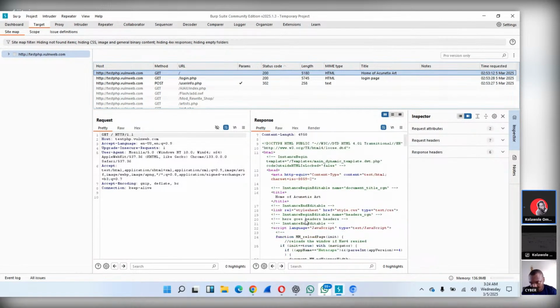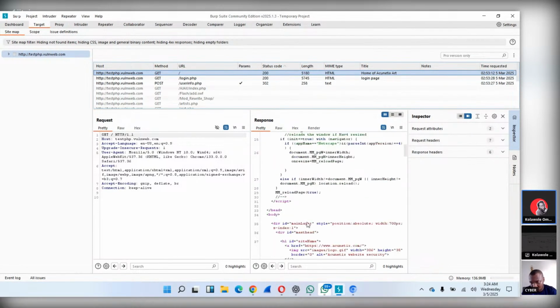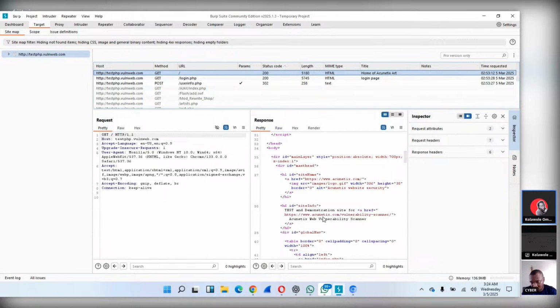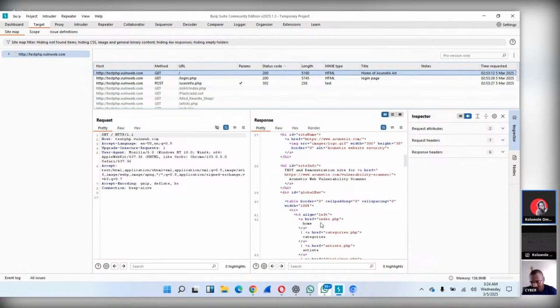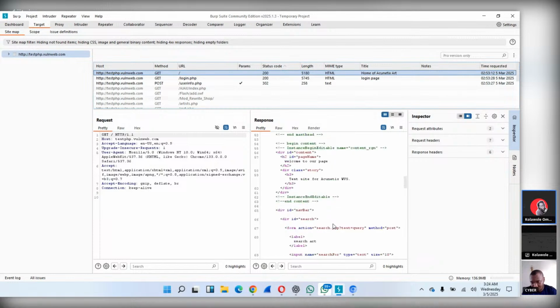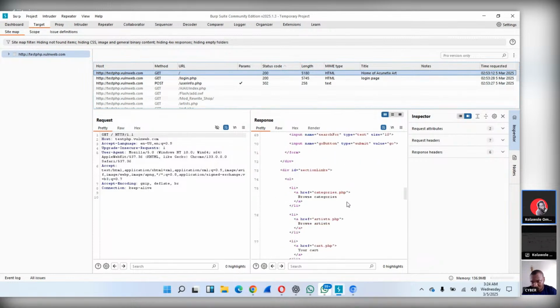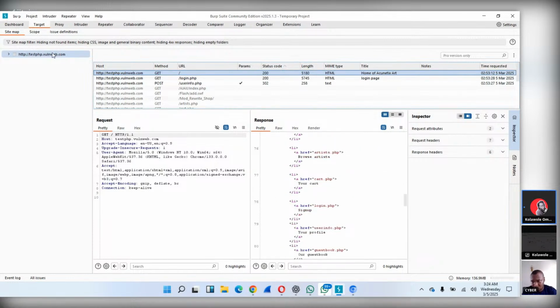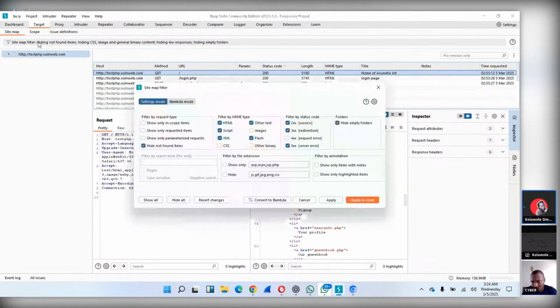You can see index PHP, but all this might confuse you. The easiest way for you to see each of the programs is to come under this sitemap filter, and under sitemap filter, you can see the programs that are activated. So the best thing is for you to activate